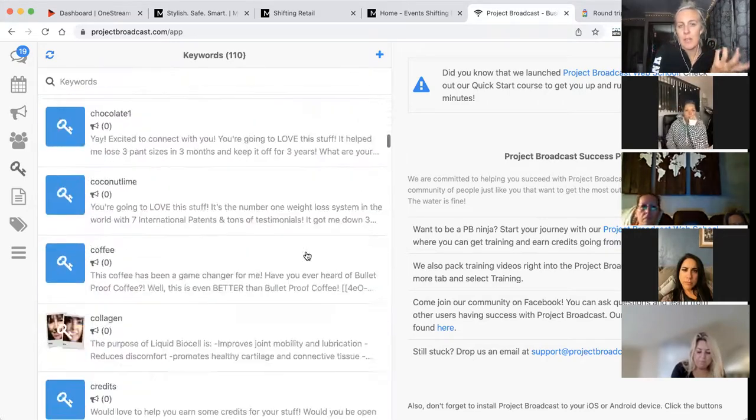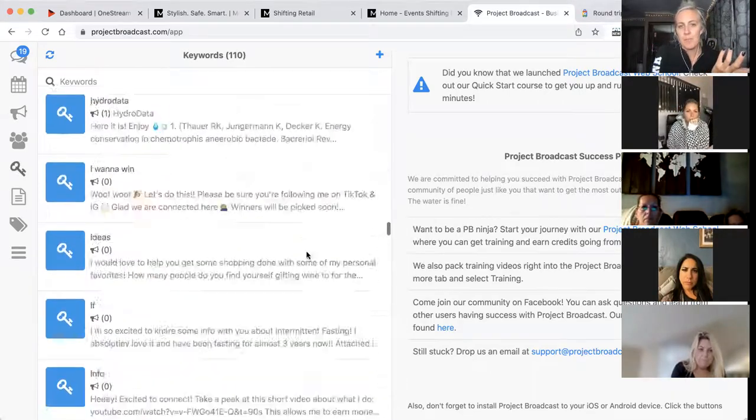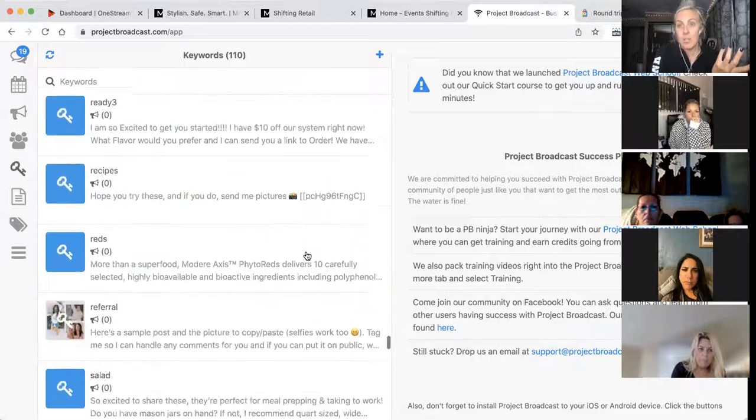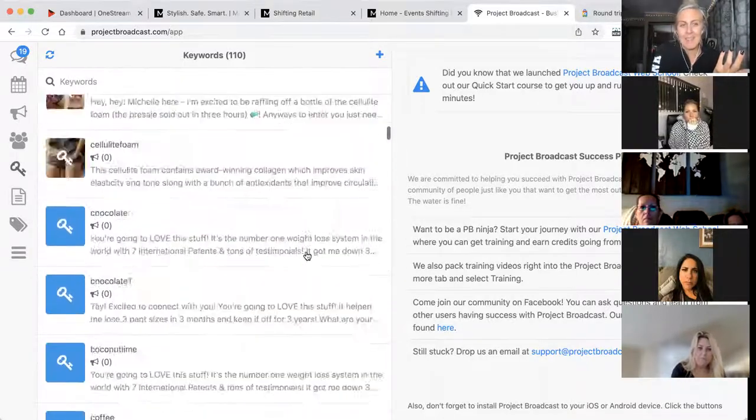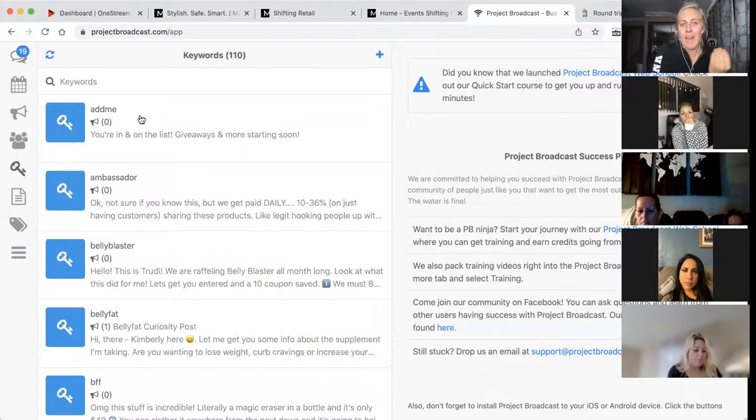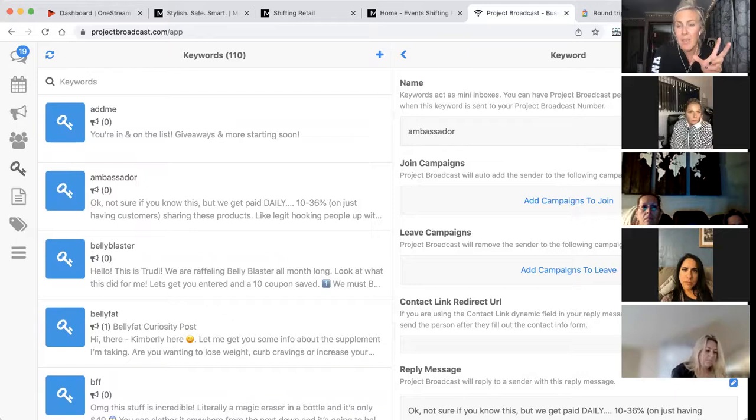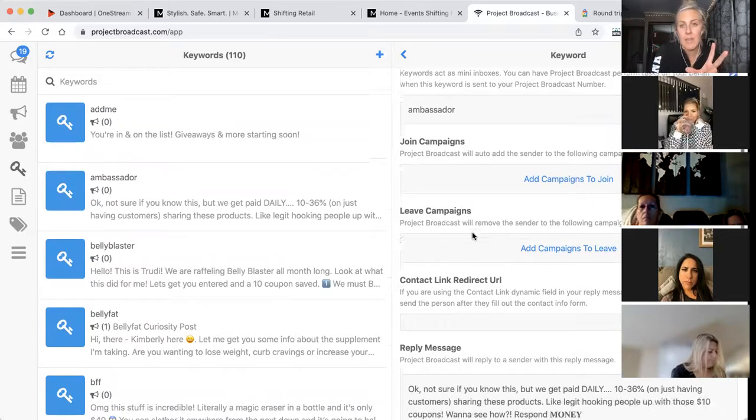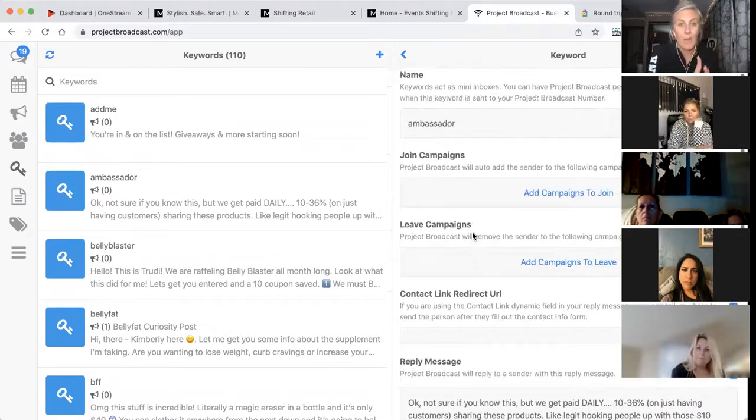And if you look, like literally look, you guys, I have almost 100. They just keep going. So I have "add me" when I was doing it for my VIP list. I have this ambassador message. I started doing it recently. They send the word ambassador, and over here, when you click the keyword, and I'll show you how to make one, when you click it, this is the little dashboard that tells you what that keyword's going